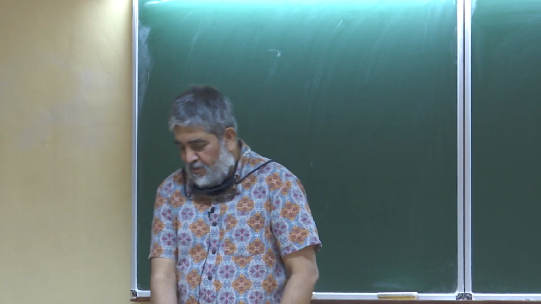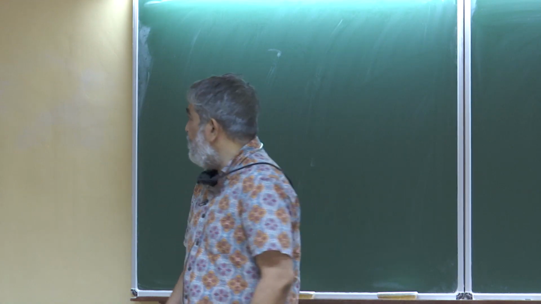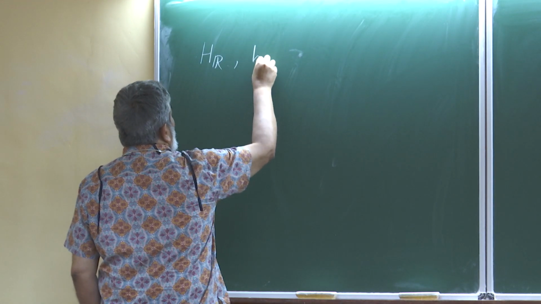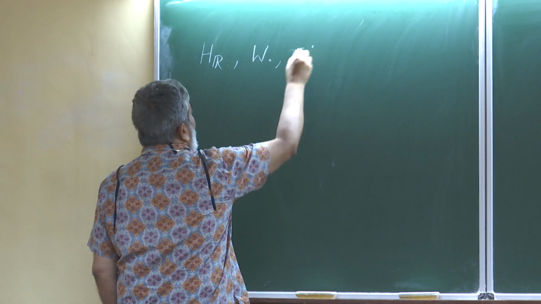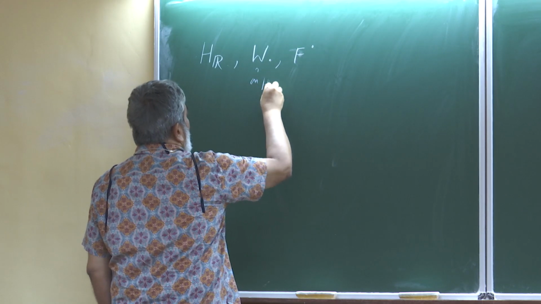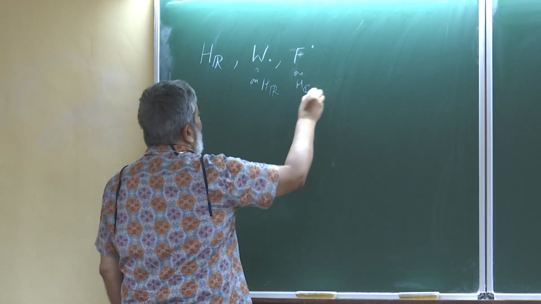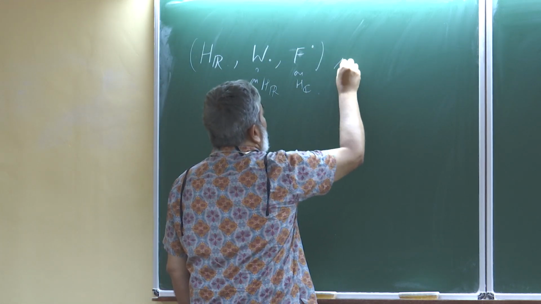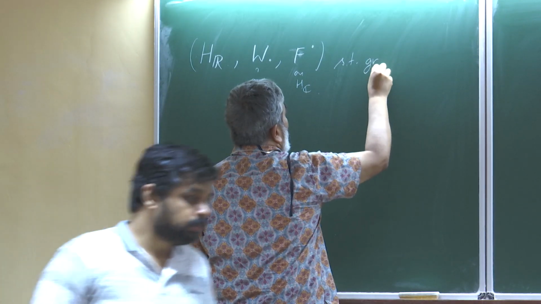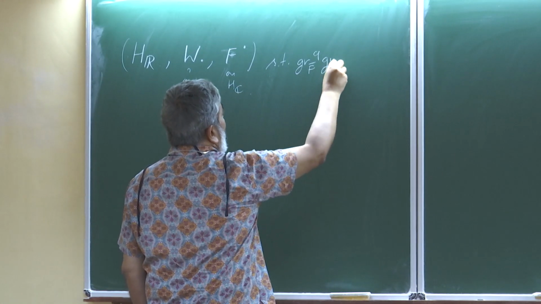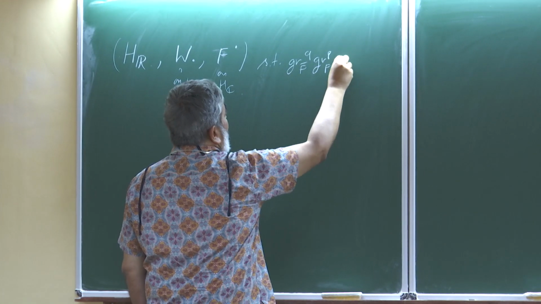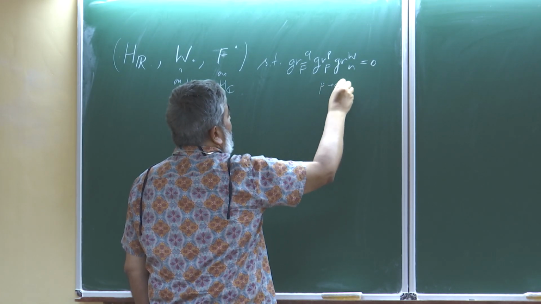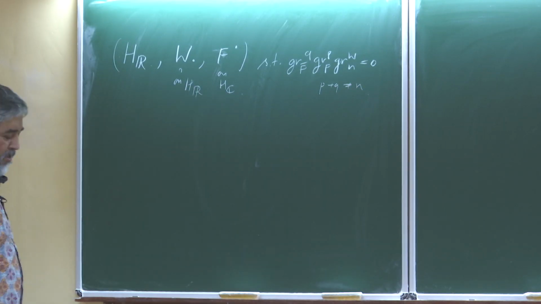So yesterday we introduced this notion of real mixed Hodge structure, which consists of a real vector space, an increasing filtration W, and a decreasing filtration F. The increasing filtration is on R and the decreasing filtration is on H_C, such that Gr_F^p Gr_{F bar}^q Gr_n^W is 0 if p plus q is not equal to n. So this is what we had, and then we said various things.